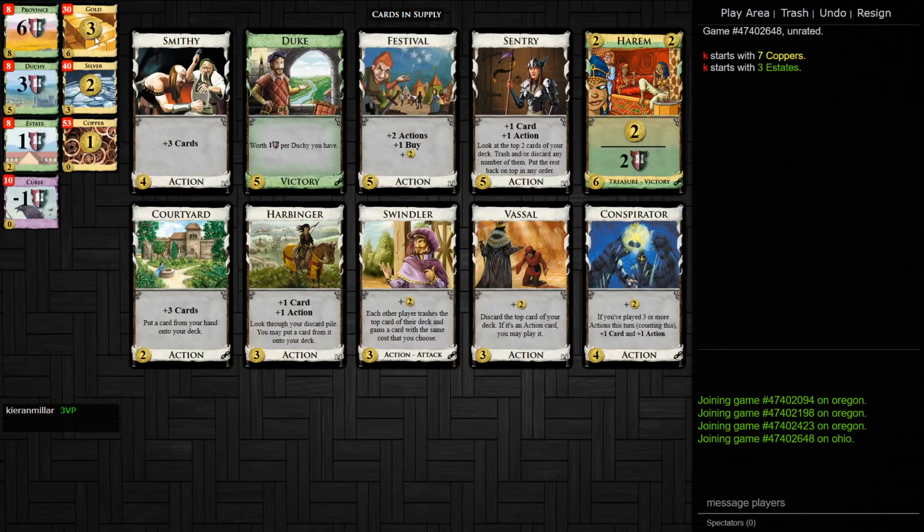Again, if they try to go for Courtyard money and they try and get harems, those could potentially be converted into gold and they lose points, or if they're doing that, I can turn their duchies into Sentries or whatever. So I really want to be playing Swindler. So I think I'm going to rush for Sentry. So I'm going to open with...